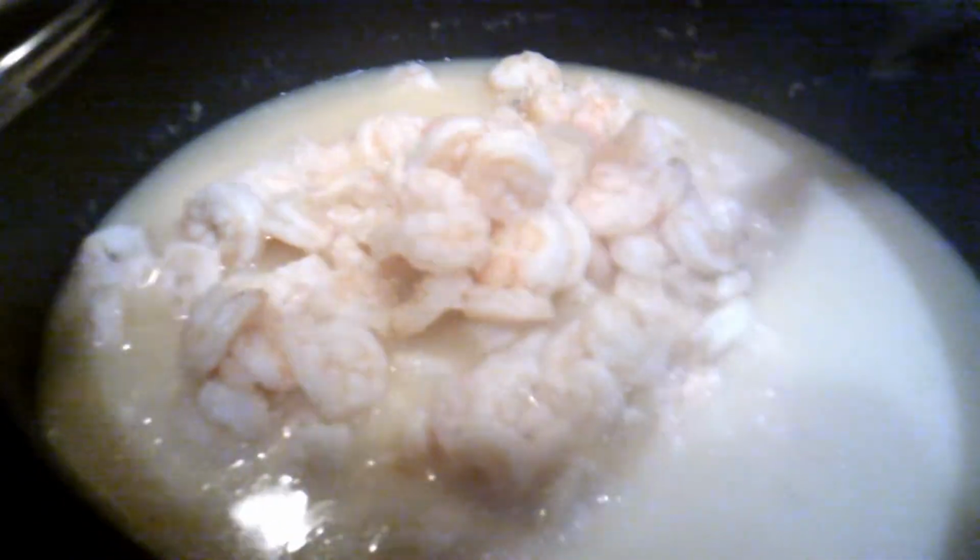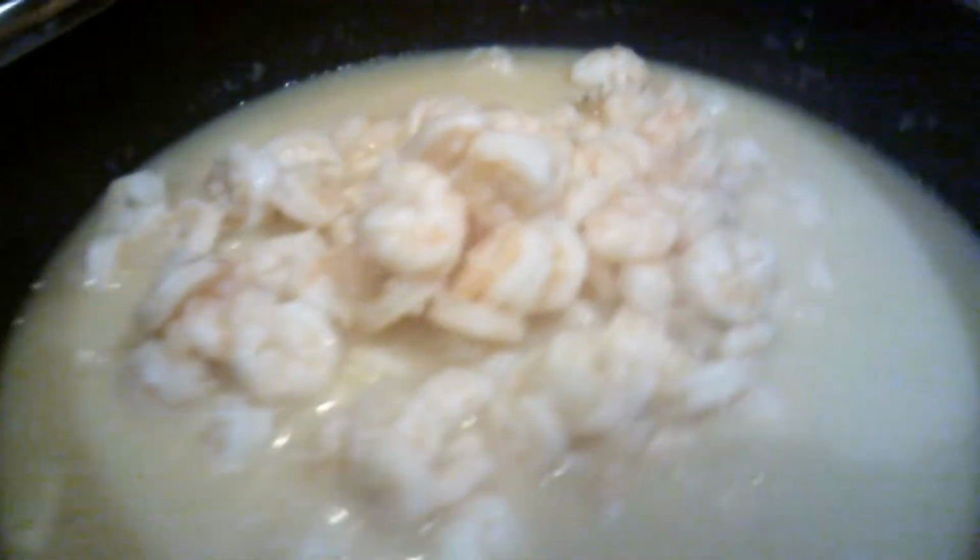Throw that all back in there with the juice that's still left in there from when the shrimp was cooked. It's going to be a lot of shrimp in here, but my husband, he loves shrimp. And we're just going to put that in there. And we're going to add all of our seasonings, and then we're going to let it simmer for about another